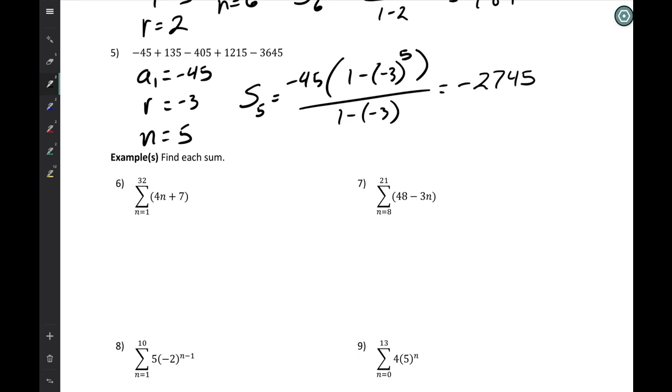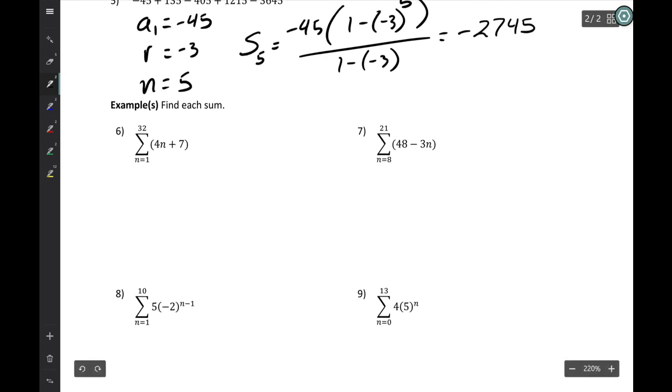Alright, this is where it gets interesting. You have to be able to recognize if it's arithmetic or geometric or neither. If it's neither, you're screwed. You have to write it out. If it's arithmetic, use the arithmetic formula. If it's geometric, use the geometric formula. This first one happens to be arithmetic,